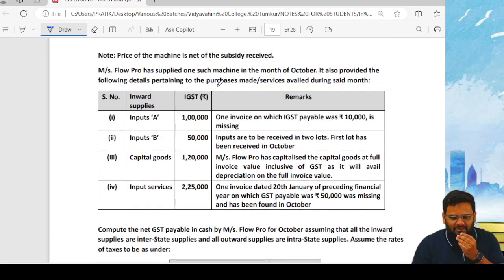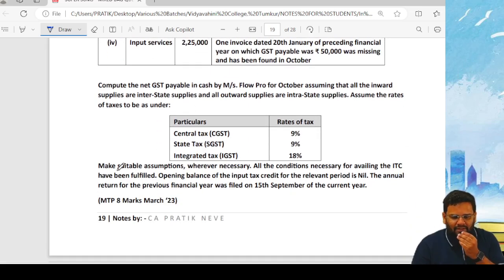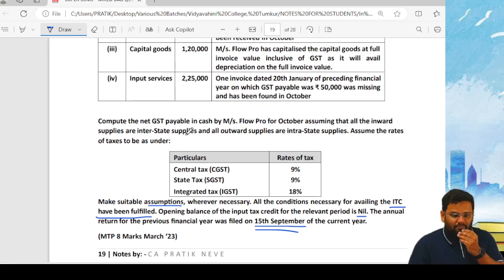So a lot of data is given. See, make suitable assumptions that we will do. All necessary conditions for availing ITC have been fulfilled. Opening balance of ITC for the relevant period is nil. Annual return for the previous financial year was filed on 15th September. But before that,